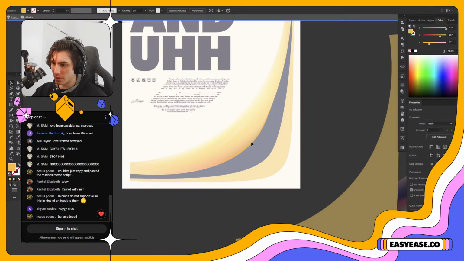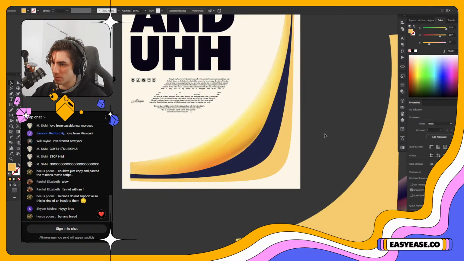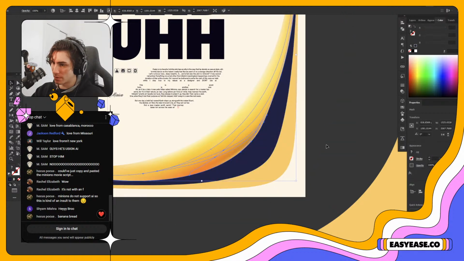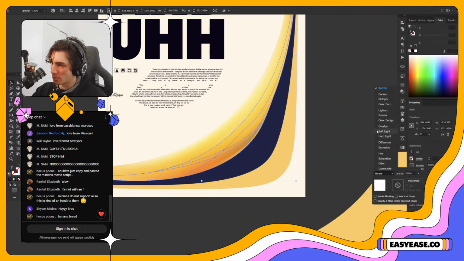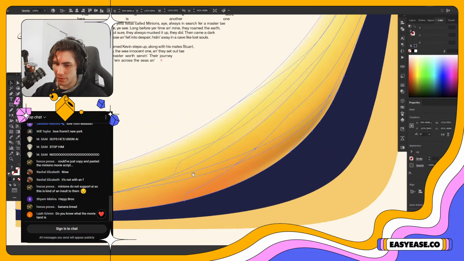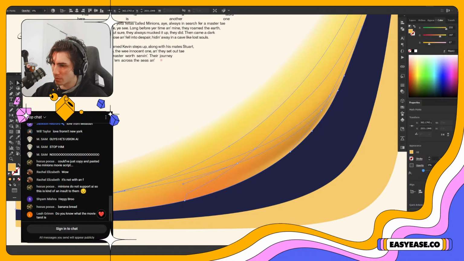I'm gonna set the blending mode of this guy also to lighten. That's actually pretty cool. I'm gonna set the blending mode of this guy to lighten as well. He could also stand to have this guy be visible and maybe make him a different color.